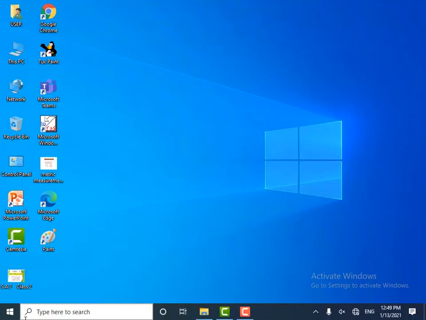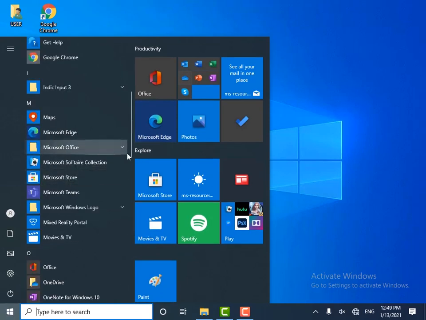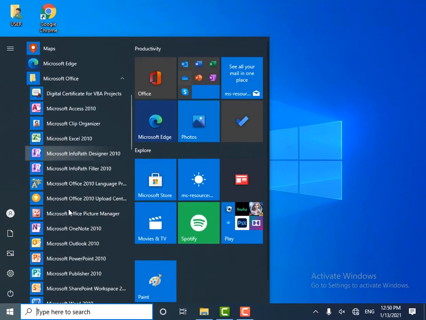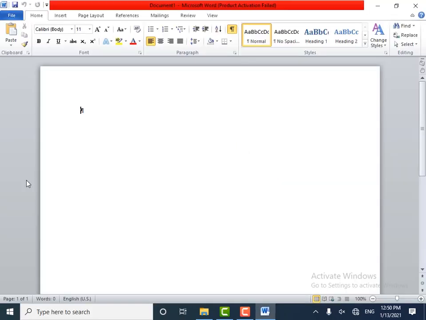To start a practical, first we will click on the Start button. This is the Start button. Go to Microsoft Office and select Microsoft Word 2010. In this video, we will see how to work on tables. We can create tables, delete tables, insert, we can cut, copy, paste, and we can do many things with this table itself. We will see how to insert a table first.